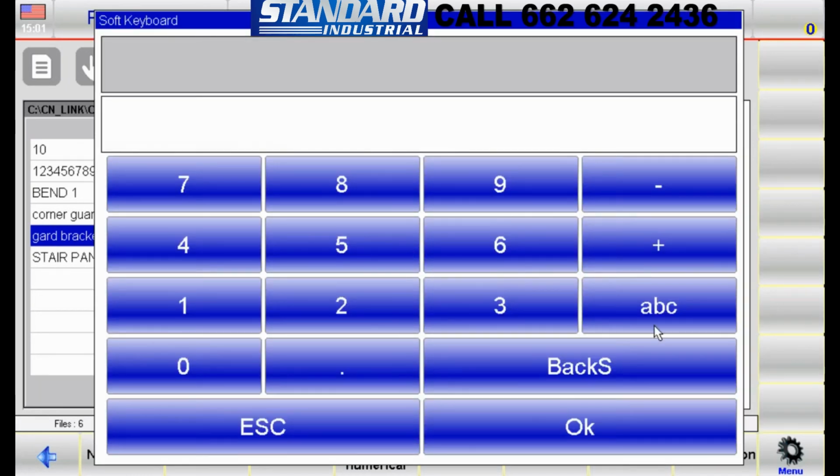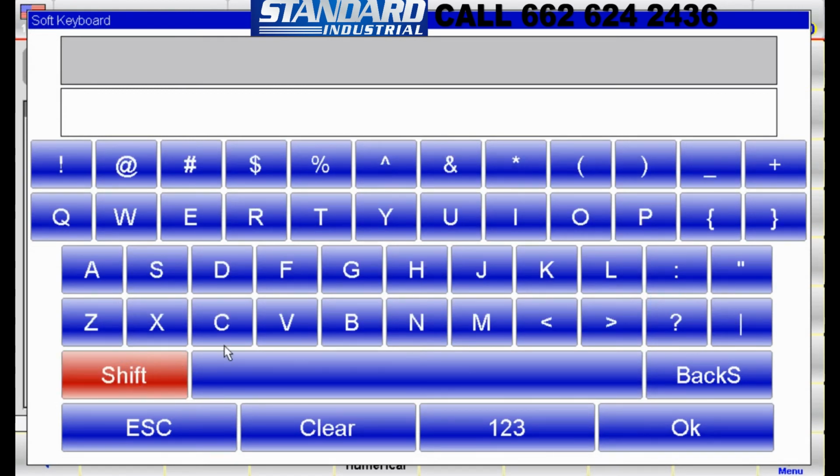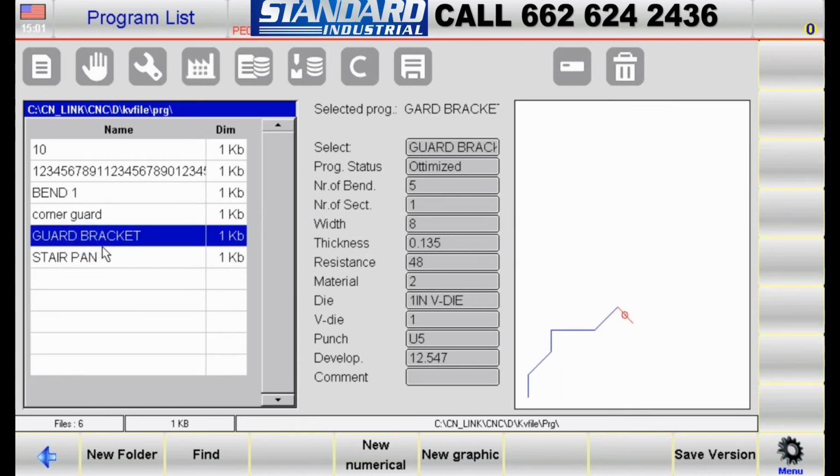Here we have another opportunity to correct our program. Click on OK, and now we see the program is corrected and that it has been saved in the program